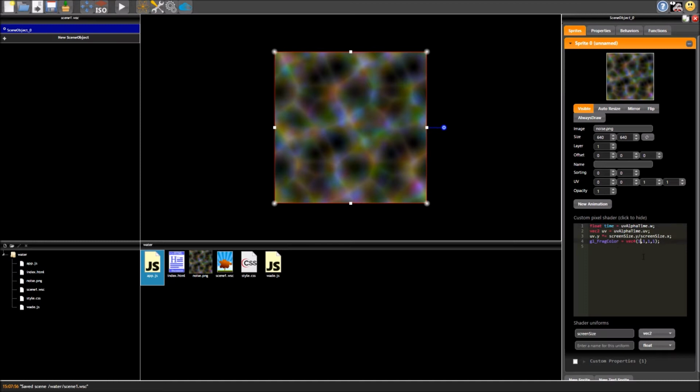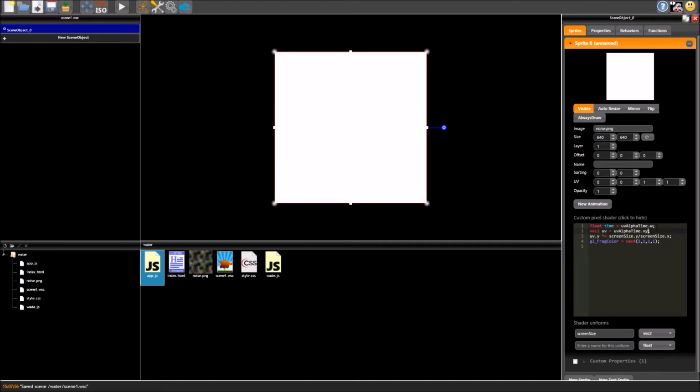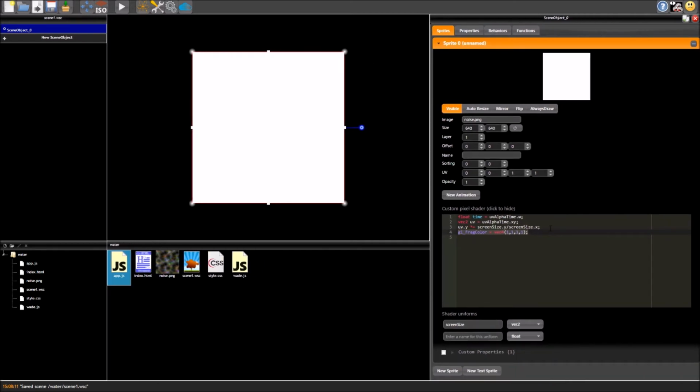It doesn't actually look like that's taken effect, so what have I missed? Is there an error? Yes, we have. UV alpha time, that should not be UV. That's just me getting confused. This should be XY, so that was a mistake I made. Just a naming thing. So XY are the UV coordinates, and we're storing them as UV, so I just got the names a little mixed up. But anyway, we see even though we do have a texture on this sprite, noise PNG, it's displaying white, and that's because we have this line here. So I'm just going to make this window a little bit bigger, because we need to add some code.